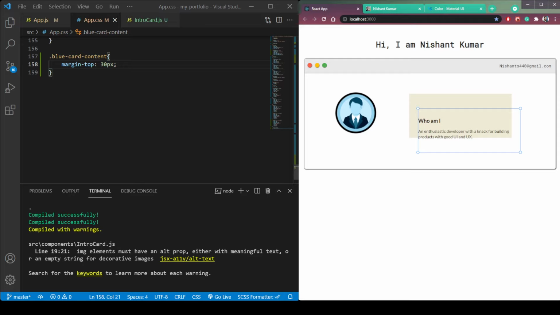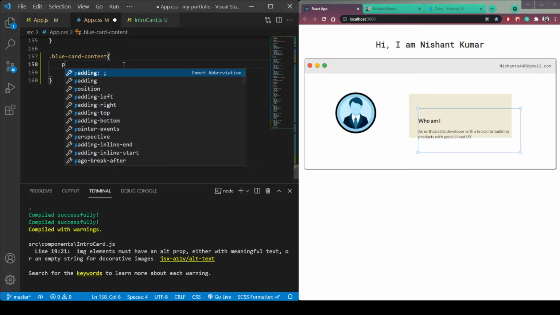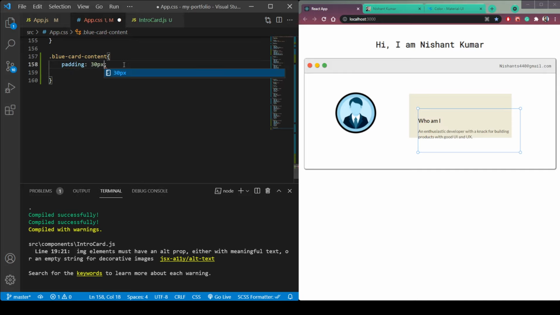Check this, and then let's say margin left, or we can also use just padding. So padding 30 px, and now you can see it is here.